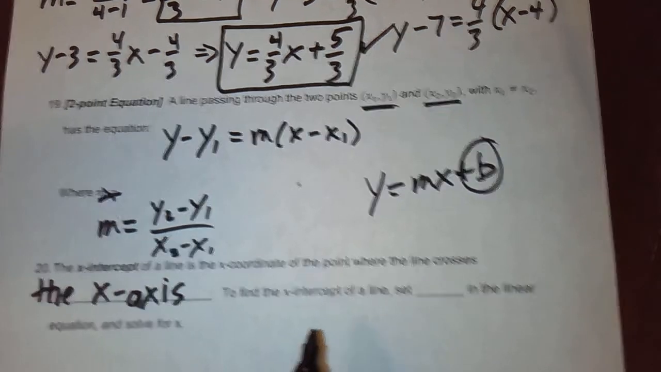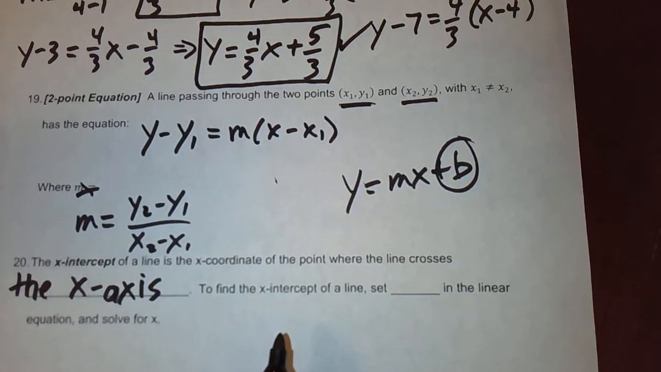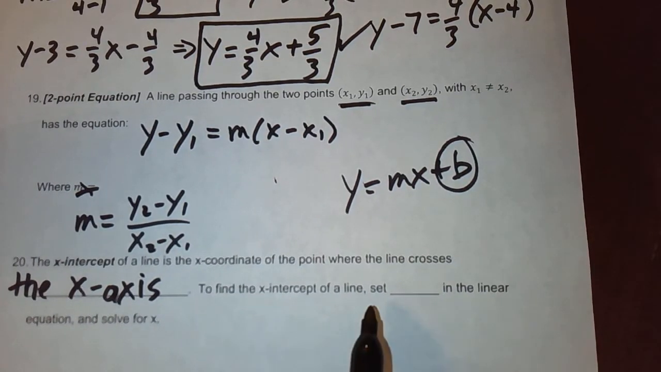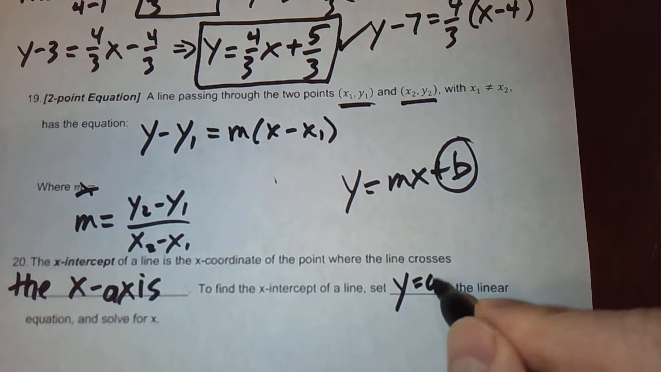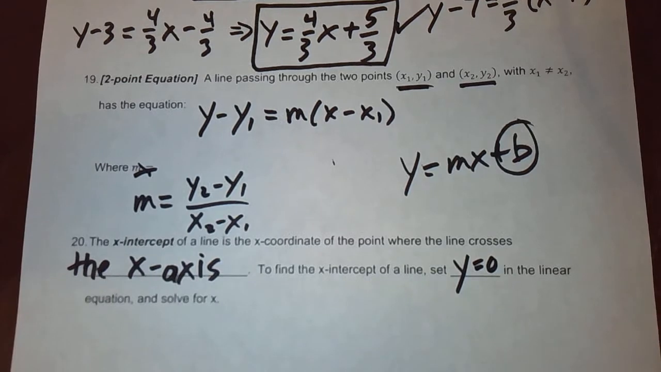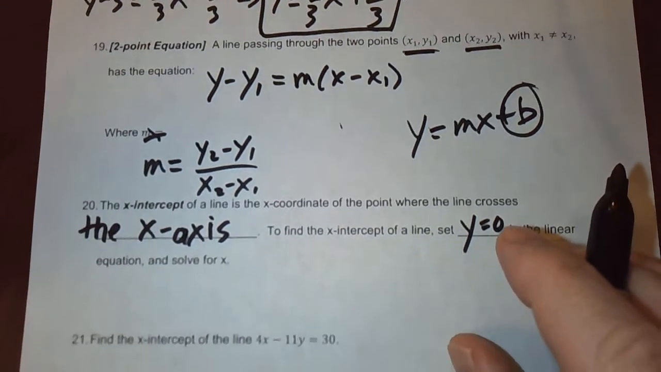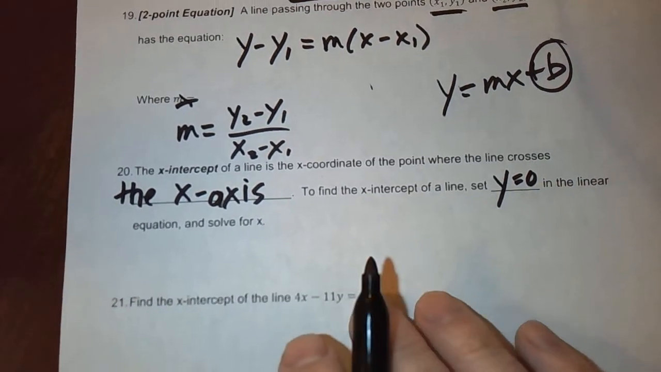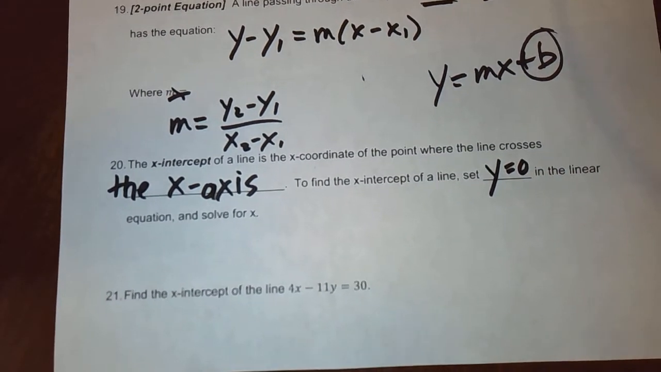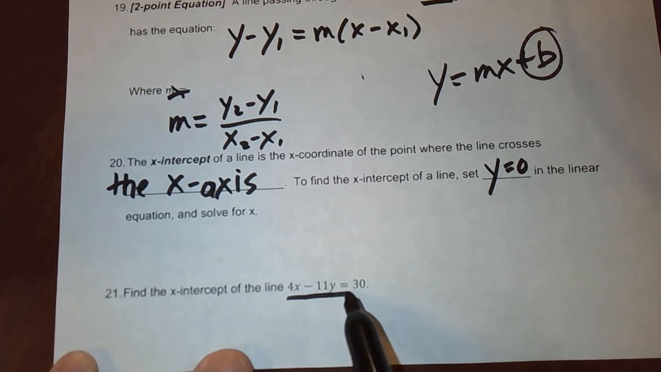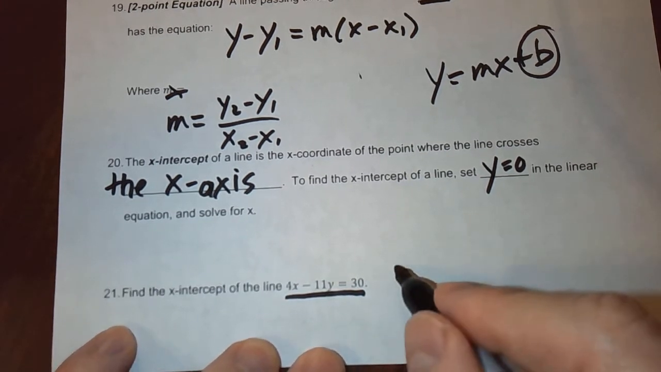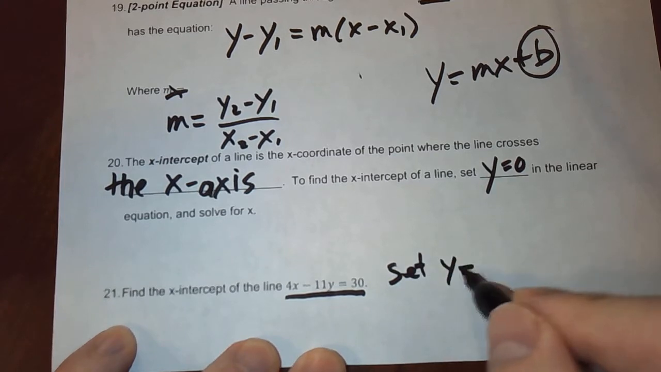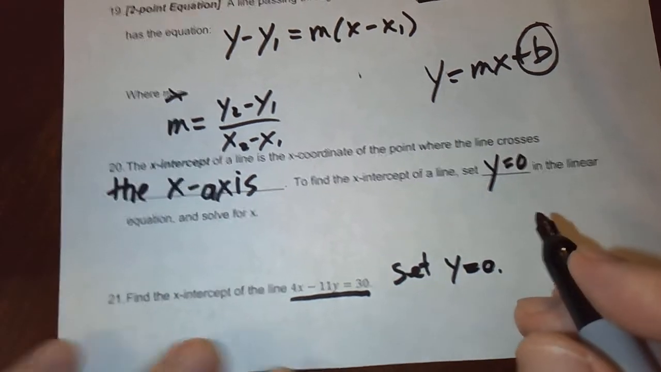To find the x-intercept, and this works for all types of functions, set y equal to 0 in the linear equation and solve for x. Very, very simple. So let's do an example. Find the x-intercept of this line. All right, well, what do we do? Set y equal to 0. And that would give us